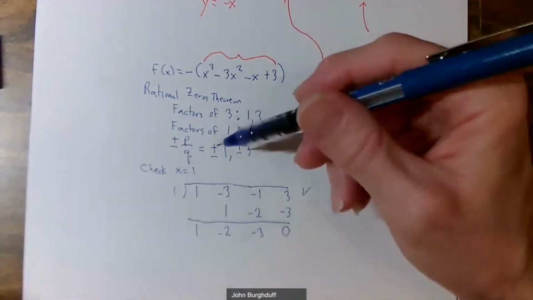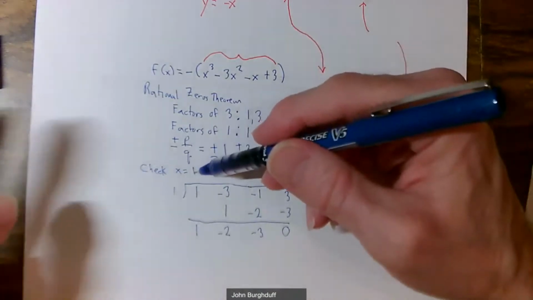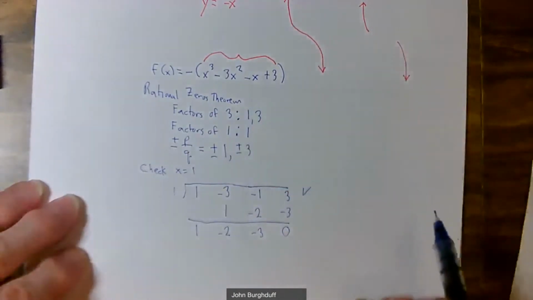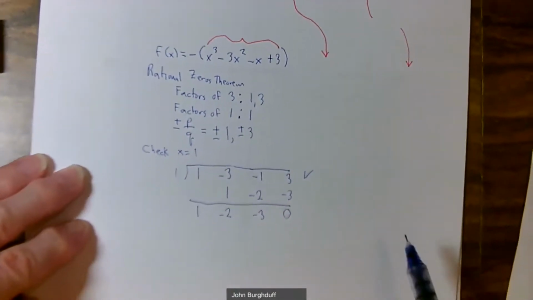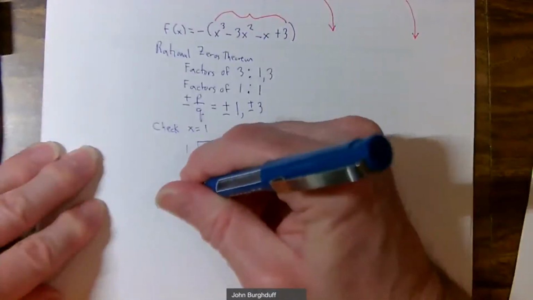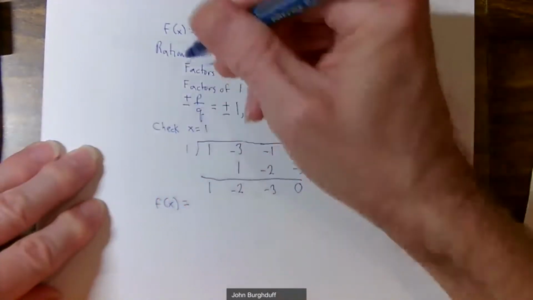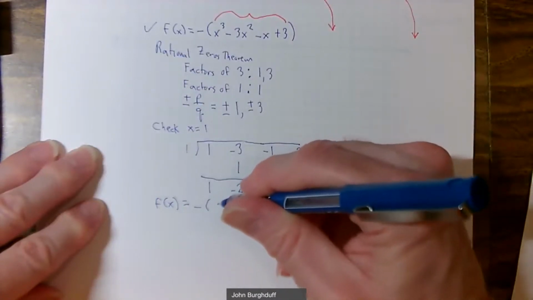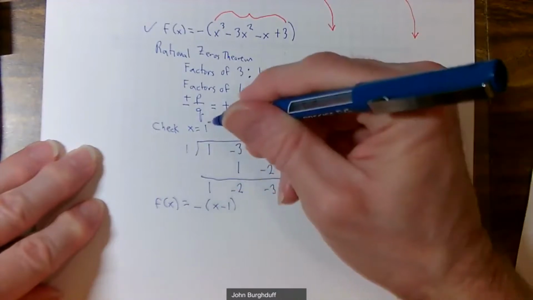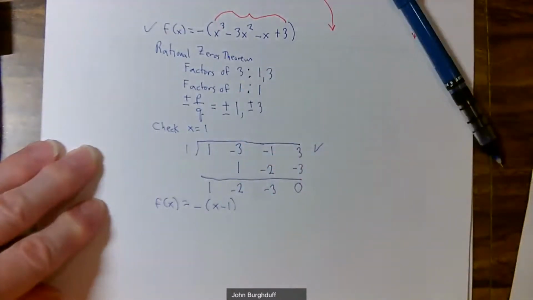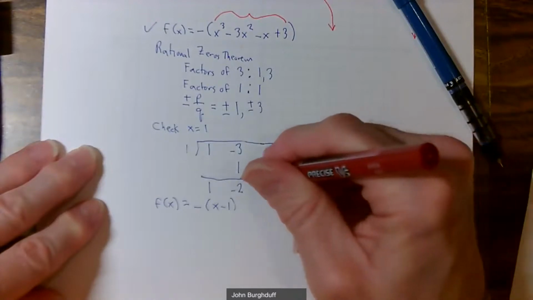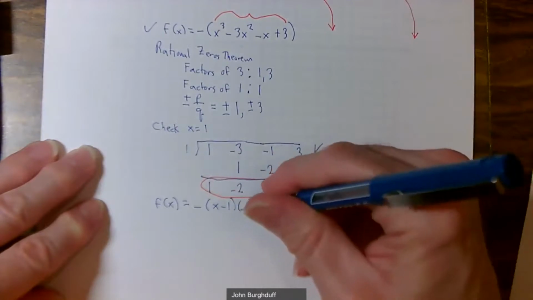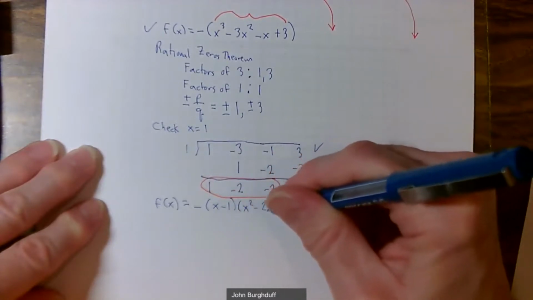So remember, not only does that tell you a 0, it tells you more than that. If 1 is a 0, then x minus 1 is a factor. So if I went all the way back to my function as it originally stood, this is my function. Remember the negative sign up front. I'd have a factor of x minus 1 to correspond with this. And that would be multiplied by the quotient that comes out of the synthetic division, x squared minus 2x minus